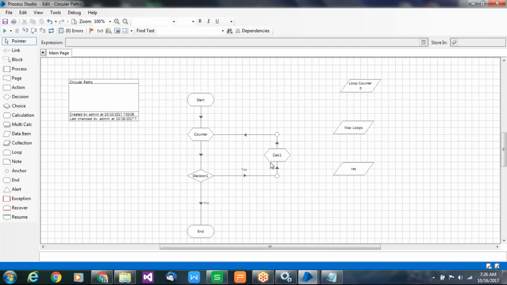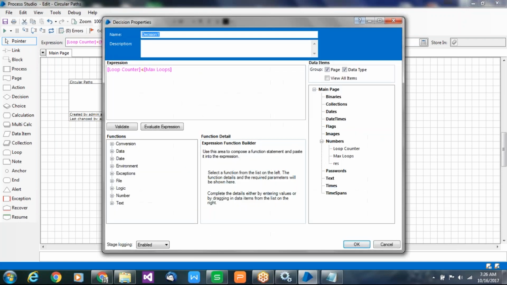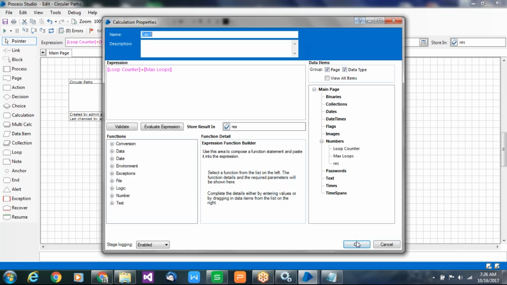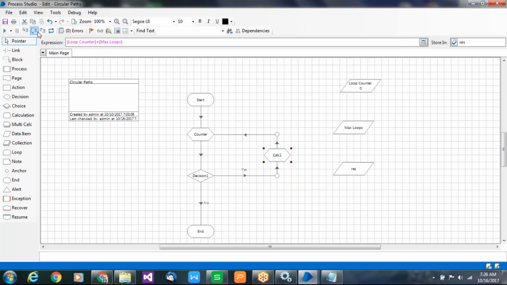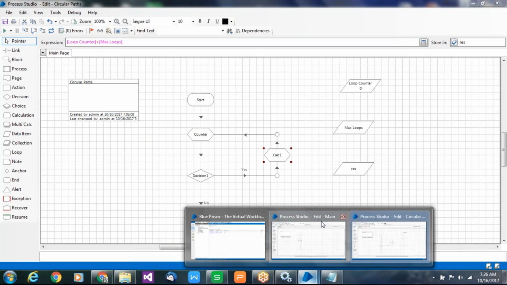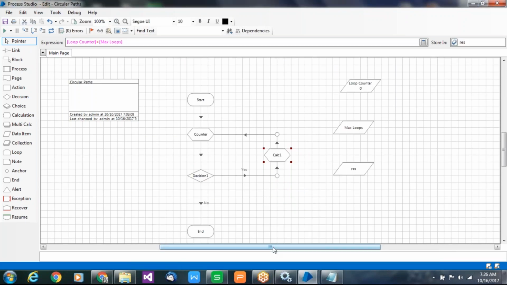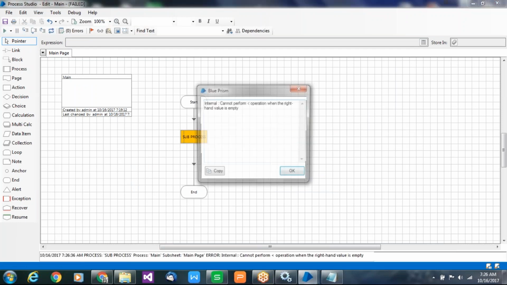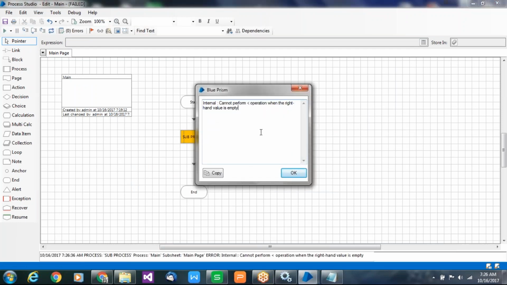As of now, I am deleting this one. Max loops is empty. You have to understand, here max loops is empty. I don't want this one. If you want to run, an error will come now. Suppose you want to check it, you will see the error. I am running the process. I deleted it, right? That is the reason. See, it is giving an error like cannot